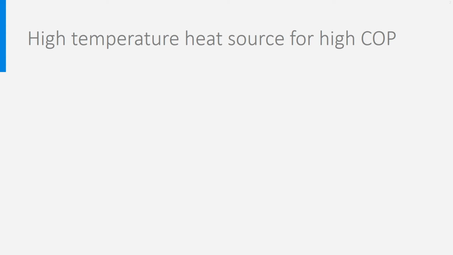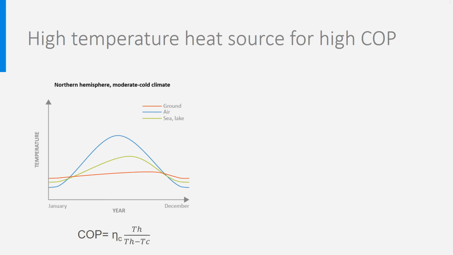In the example we have treated, we took outdoor air as heat source. There are, however, many other heat sources that can be used. Look at this graphic. Water, for instance, has much more mass than air and is generally warmer in winter, so we could use a pond, lake or the sea as heat source. The shallow ground, between 1 and 10 meter depth, has an even more stable temperature, almost constant all over the year. Let's look at how the choice for a specific heat source and its temperature Tc influences the COP and therefore also the SCOP in approximately the same share.